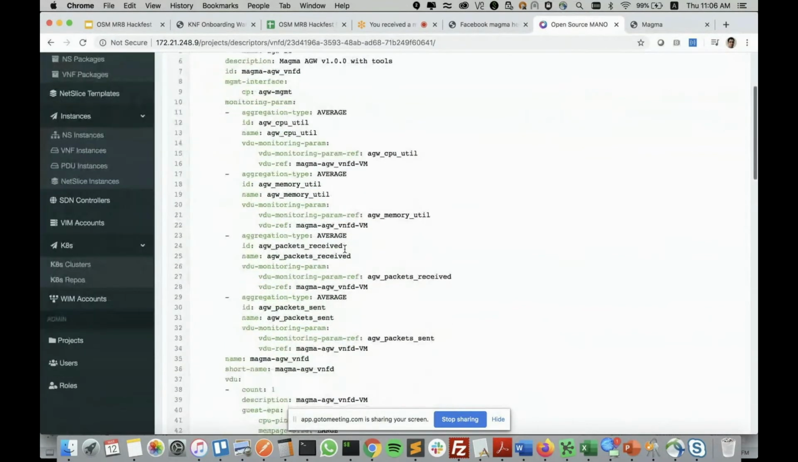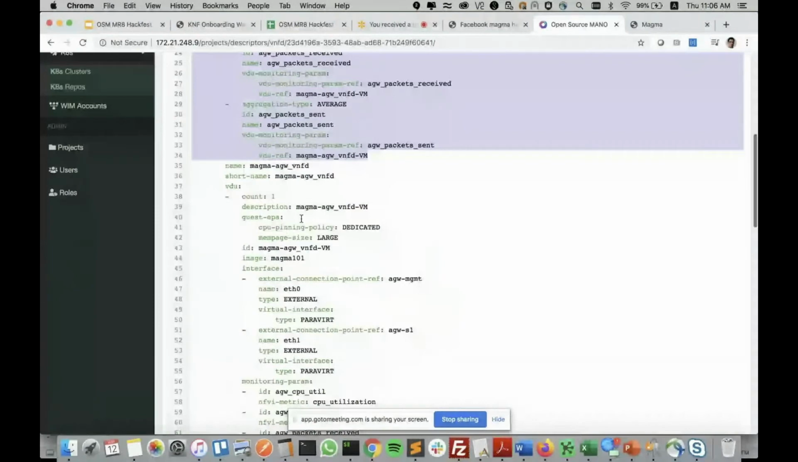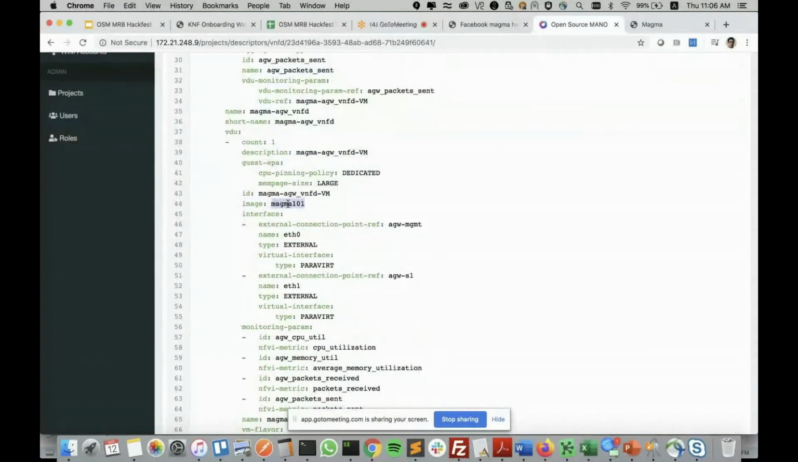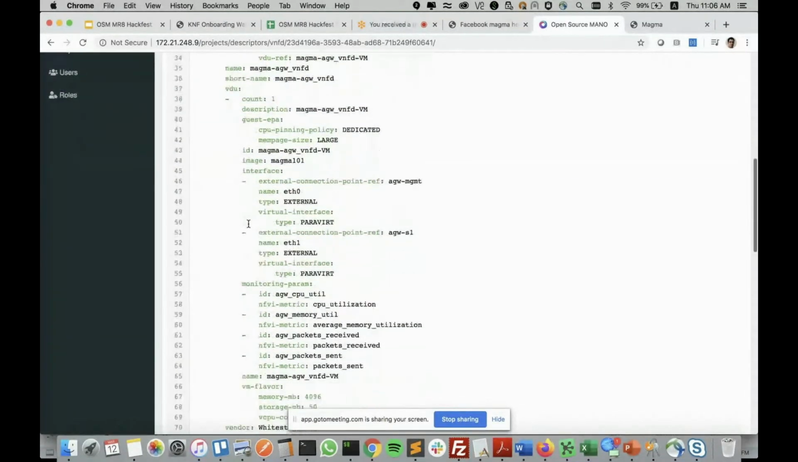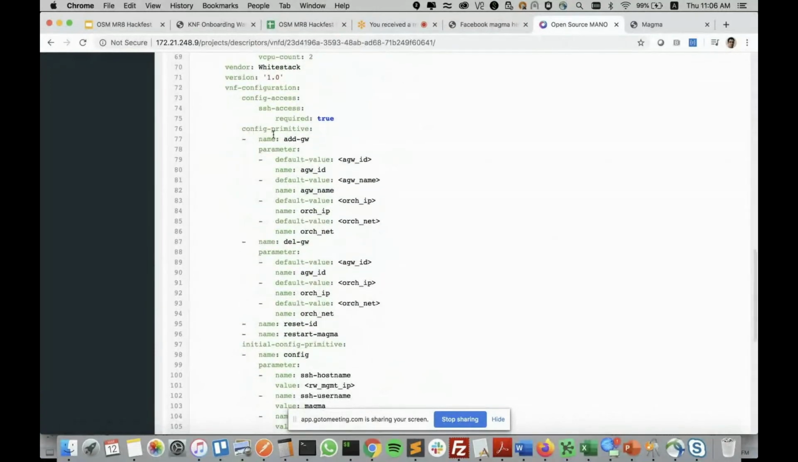It has the monitoring params, an image that I will share soon, but it's heavy now, so I need to move it to the FTP folder. It has some EPA, but it has the charms. So it would add itself